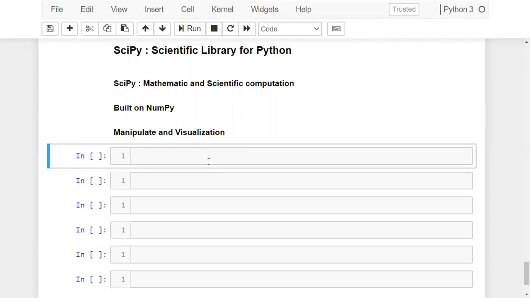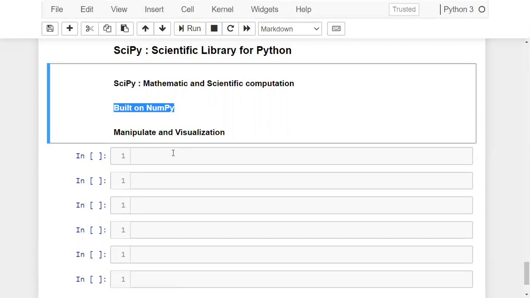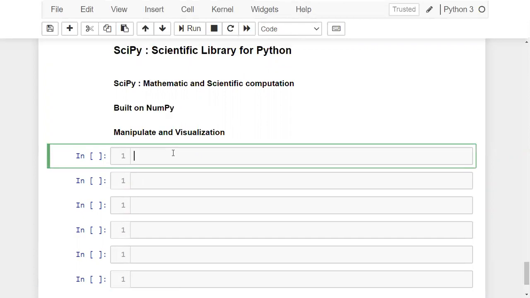So you have NumPy and SciPy, right? We have said that this SciPy is built on NumPy. What are the differences between NumPy and SciPy? Whenever you're performing operations in NumPy, you're using data in the manner of arrays. Whenever you are dealing with data, you're first converting it to an array. Whereas SciPy consists of numerics. Whenever you want to perform any operations, you can directly work on those numerics.